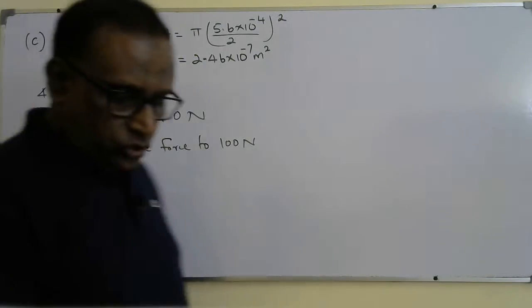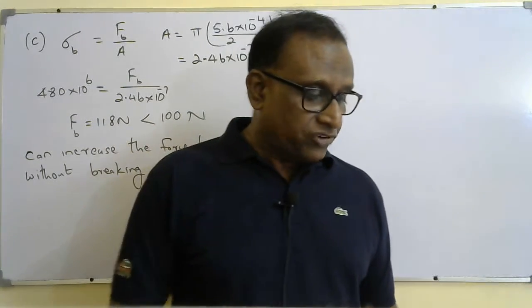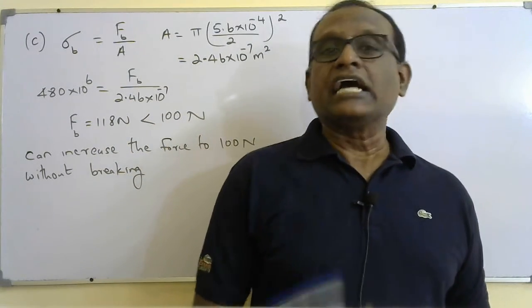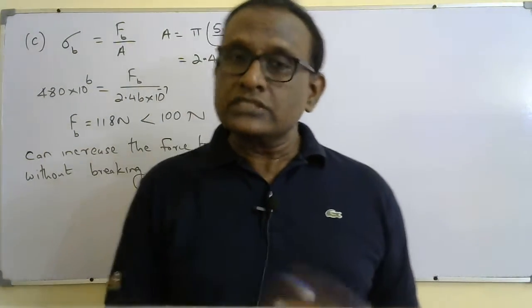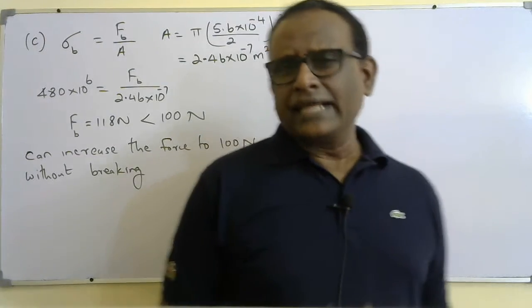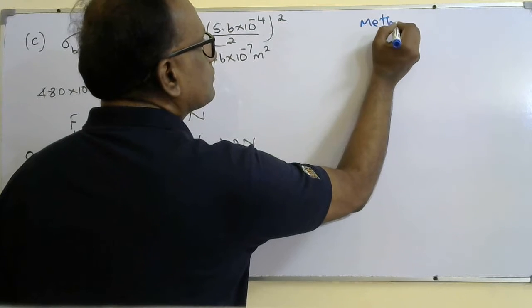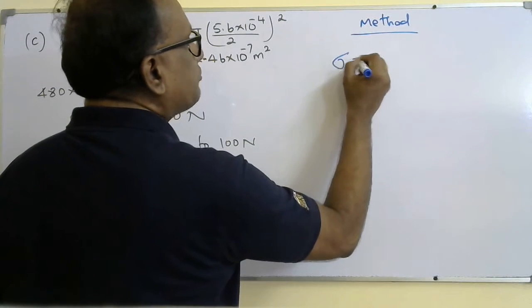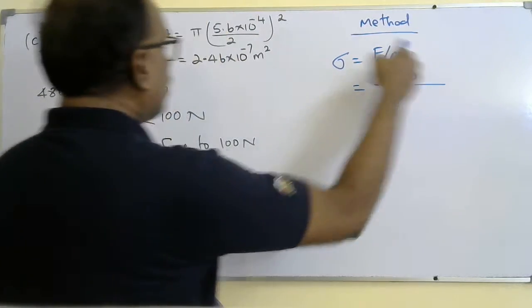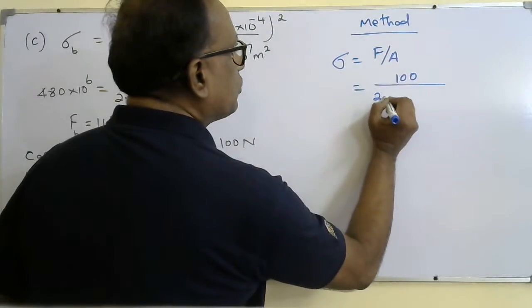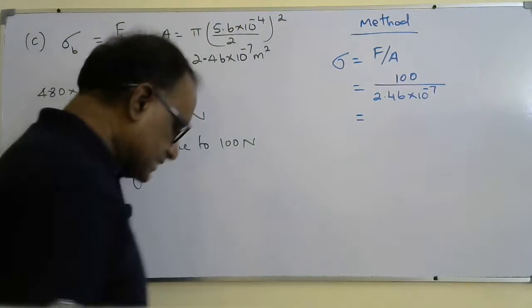Okay, so there could be another method. There we find the stress for the given force and compare with the breaking stress. Either way, both are the same. So in method 2, just find the stress for the given force of 100 Newton. So 100 over area of cross section, same thing, you can use 2.46 times 10 to the power minus 7. So there the stress will be